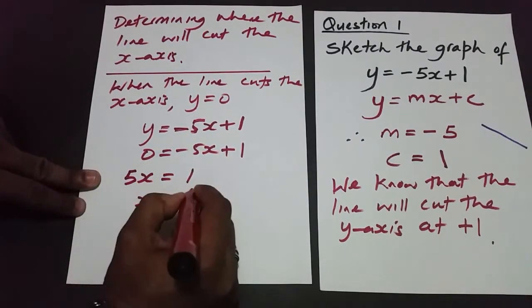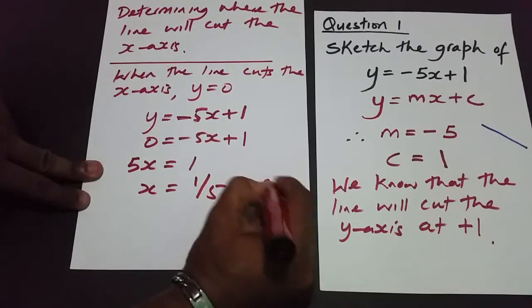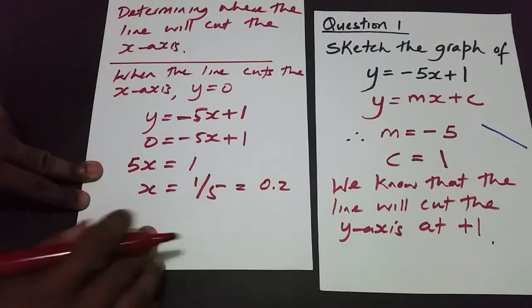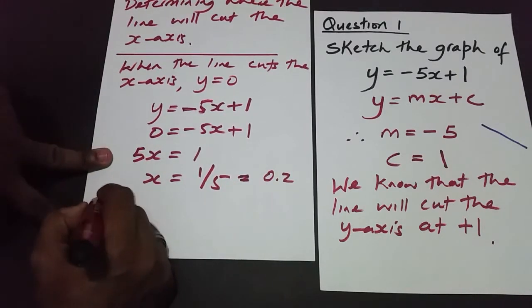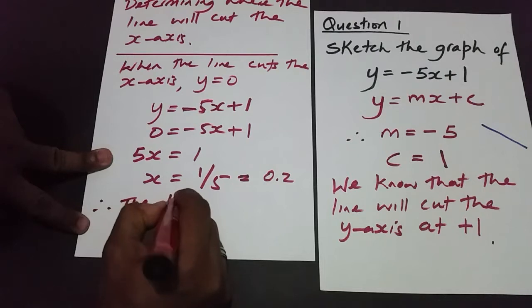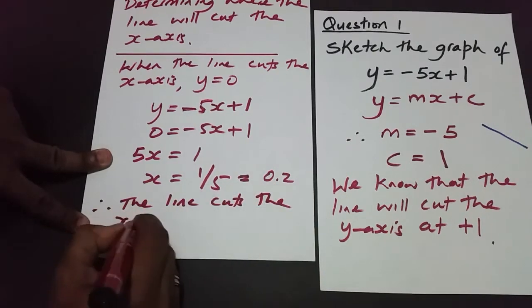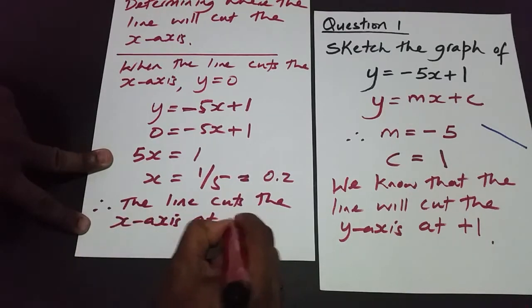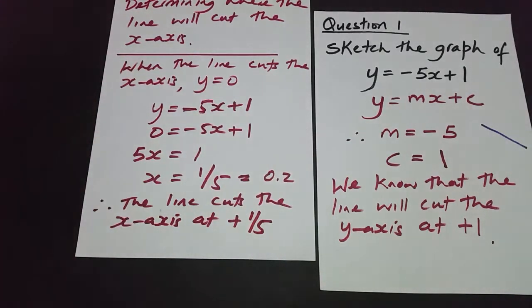And then of course, x is going to be equal to 1 divided by 5, or 1/5, or as a decimal, it's 0.2. So we essentially know where the line now cuts the x-axis. So therefore, the line cuts the x-axis at positive 1/5. And once we know these two things, we can go ahead now and easily make the sketch,